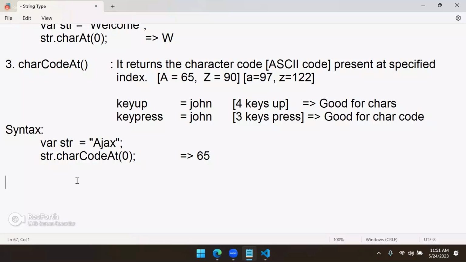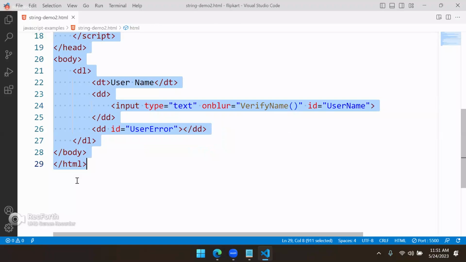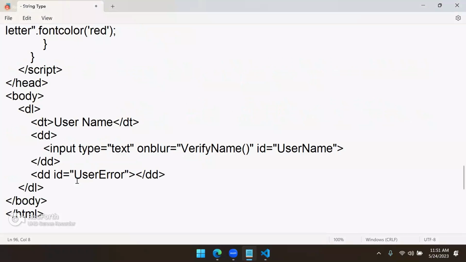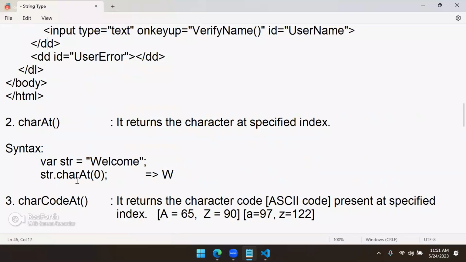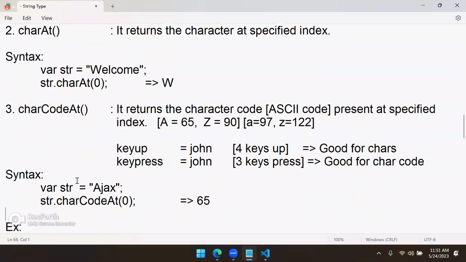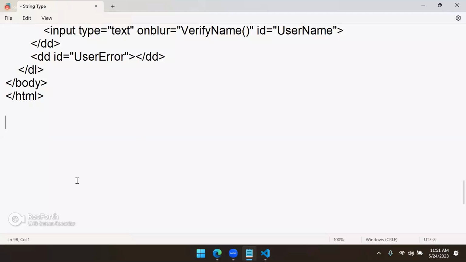So next example is this. This is an example. Let me copy this. Yep. This is one length, another one charAt, another one charCodeAt. Next important, we have another option,